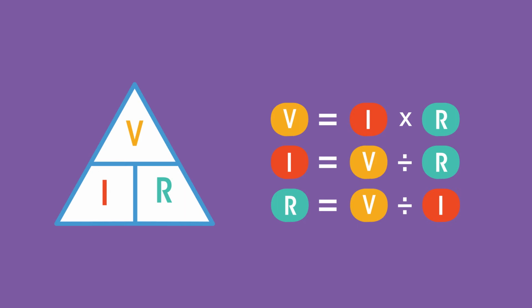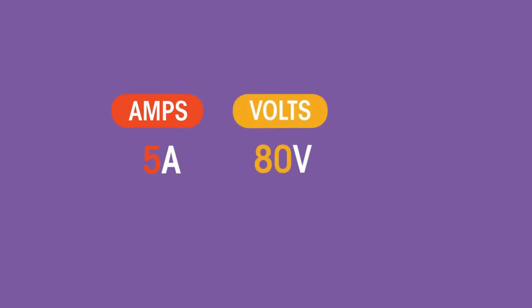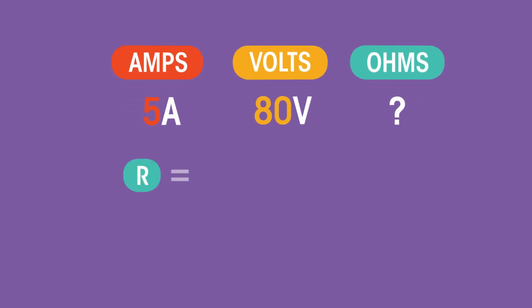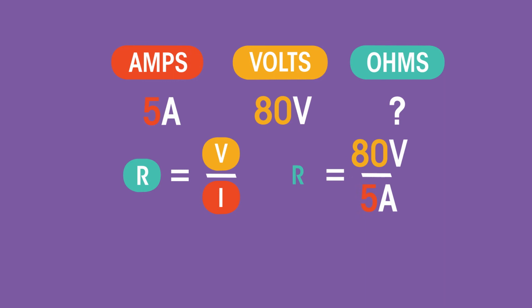Let's try an example. A wire is carrying a current of 5 amps, with a potential difference of 80 volts across it. What's the resistance of the wire? Pause the video for a moment and have a go. We should use the equation R equals V over I, which equals 80 volts over 5 amps, which equals 16 ohms. Remember, resistance is measured in ohms, and the symbol for this is